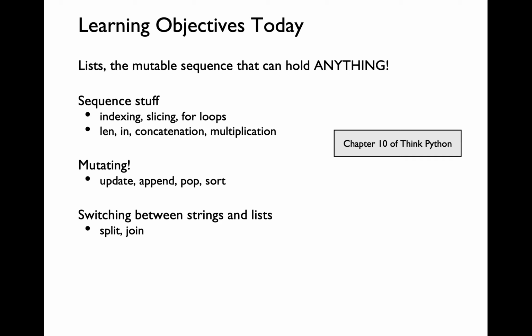Let me outline the learning objectives for today's lecture. List is the second type of sequence that we'll be covering in CS220. So we are going to compare and contrast list sequence and string sequence in order to be able to understand the similarities and differences between them. Then we are going to cover an important topic of mutation. Finally, we'll be learning how to switch between strings and lists using two method calls of split and join. The reading for this particular material is chapter 10 of Downey book. Please make sure to go through that.